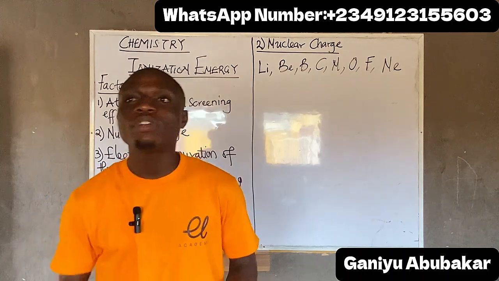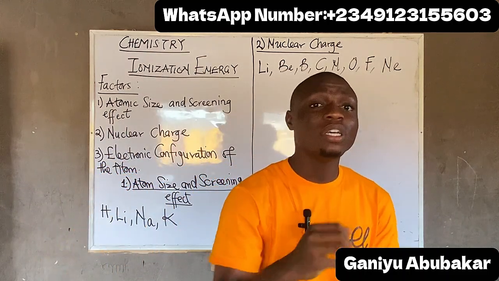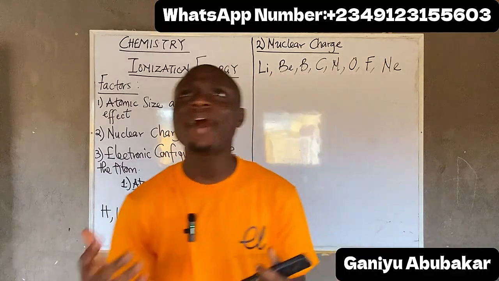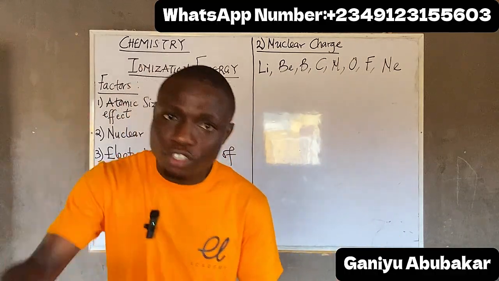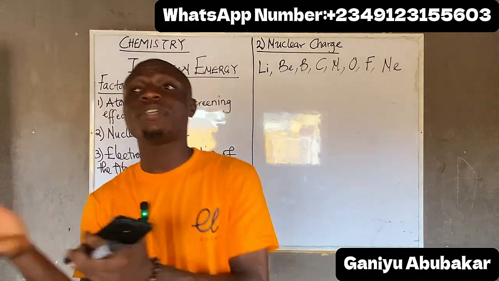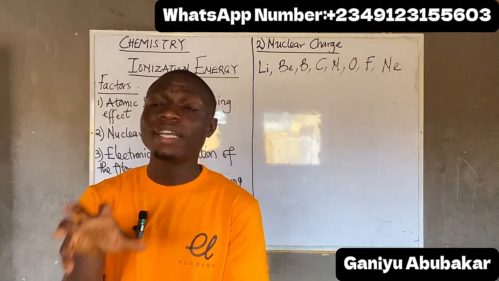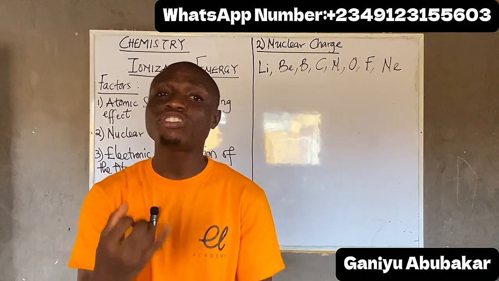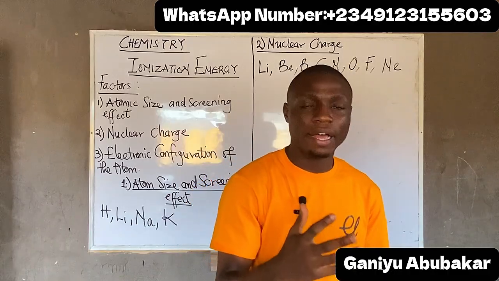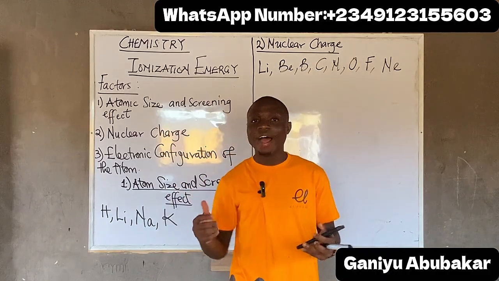But the closer the electron to the nucleus, the more energy IE needs to remove an electron, and sometimes it's not possible, because the electron is closer to the nucleus, so the bond is stronger